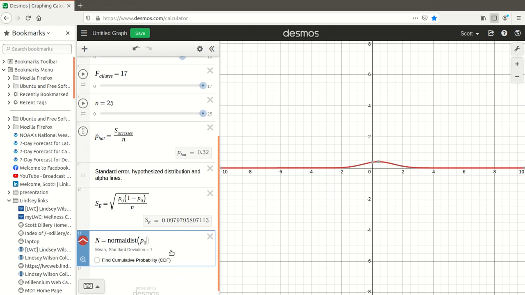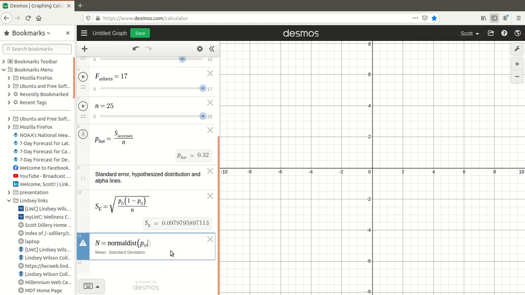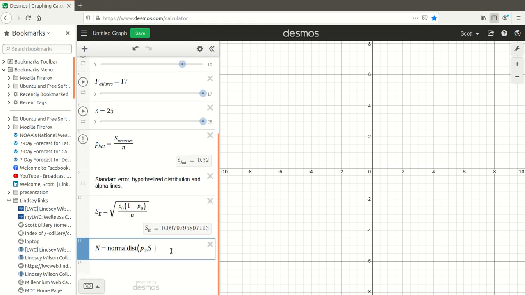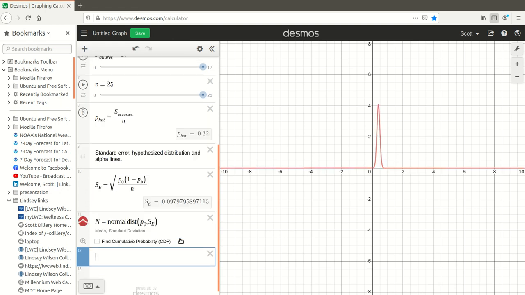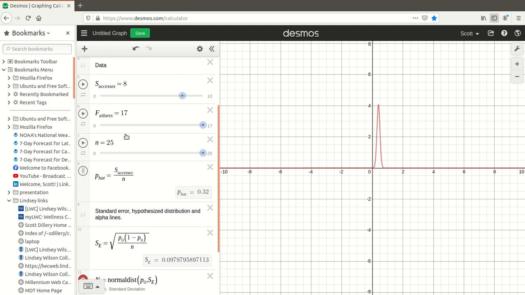That's our hypothesized distribution, so I do that, and then a standard error of whatever my standard error is. And so with my subscript in there, I do that, and there's a lovely picture. Close that off, hit enter, and there's my hypothesized distribution. Now we'd like a better picture than this. Now notice this goes up to about 4,